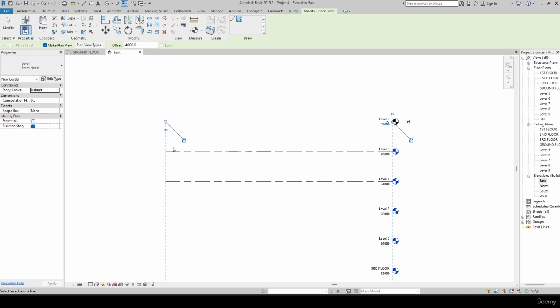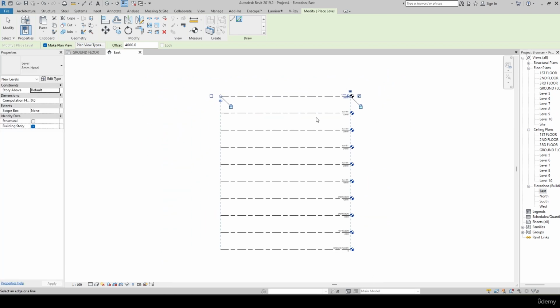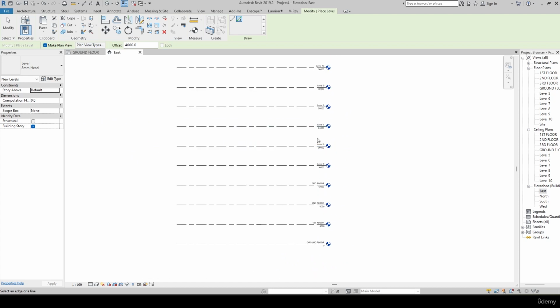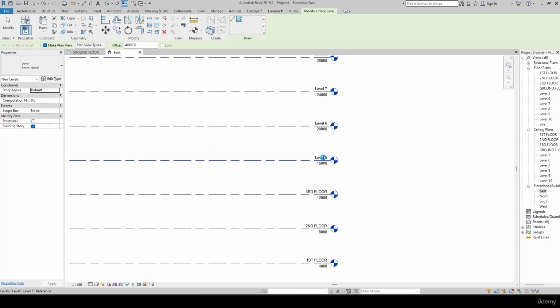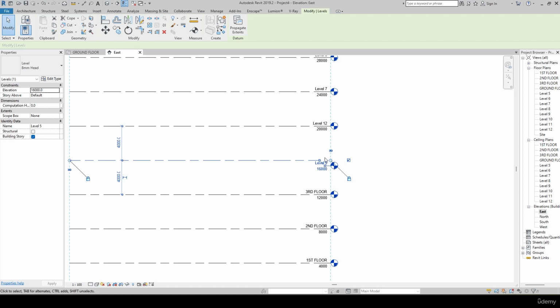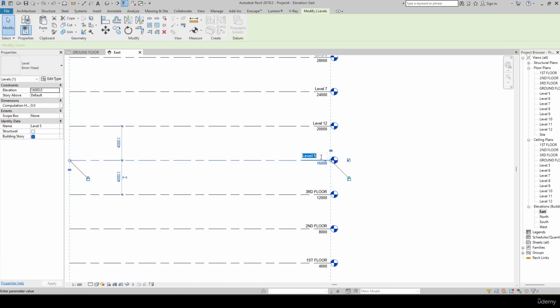So now the levels have been generated, right? This is how the levels should be created before starting any drawing. Now the level has been created. If you want, you can just rename each one. I simply select here. Okay, I'll rename this one as the